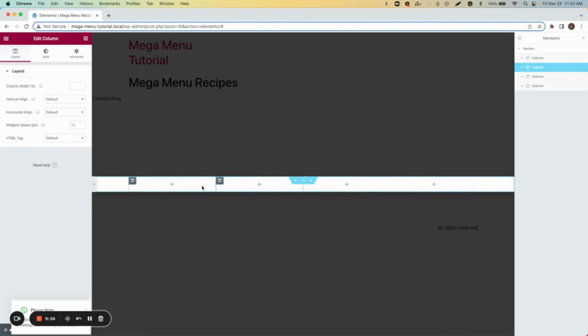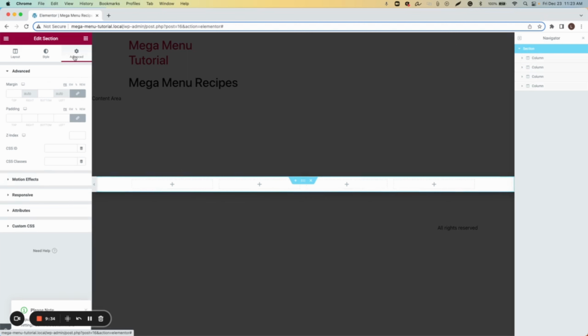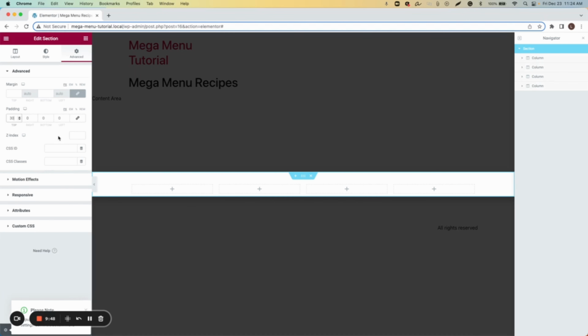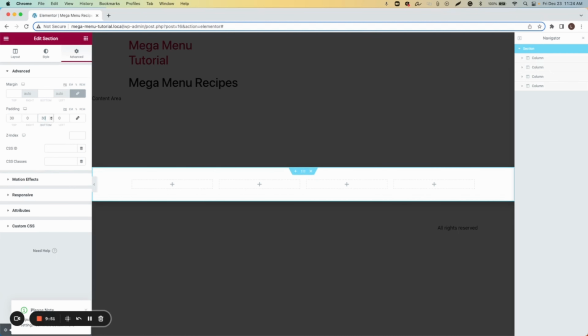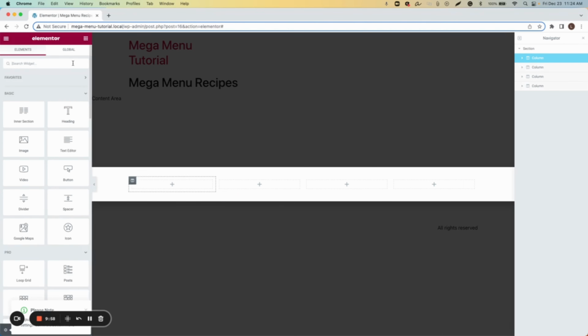Okay. Now we're going to select the main section, go to the advanced, and in here we're going to put the top padding. We're going to do 30 pixel, and we're going to do the bottom 30 pixel as well. So after this is done, we go to the first column, and on the first column I decided to go